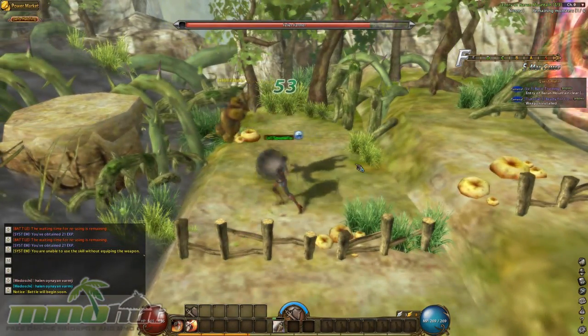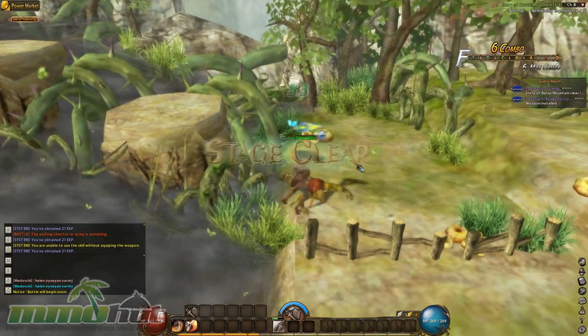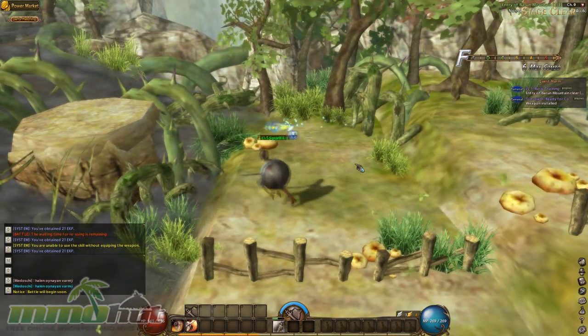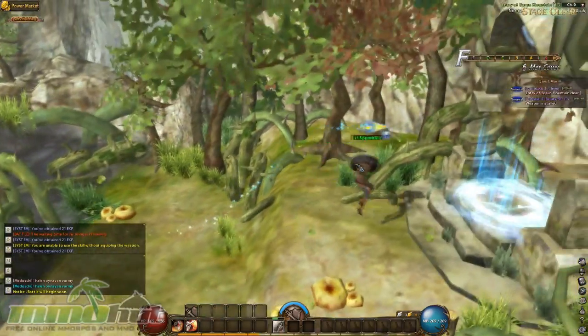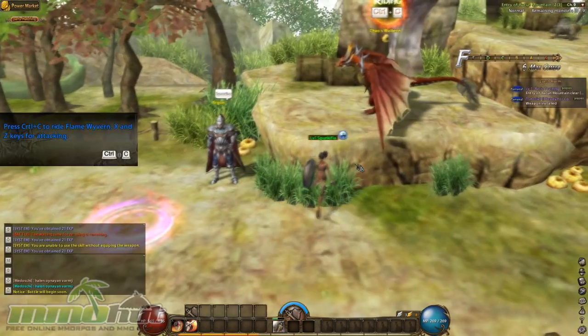Alright, here, come here. Man, look at that! Right up in the air. Chain those attacks. He can't do anything. Stage clear. Not bad. And as you can see, it looks like he's evaporating, and we're going to continue on. So that's pretty cool that I knocked him up in the air. And, you know, I think people...